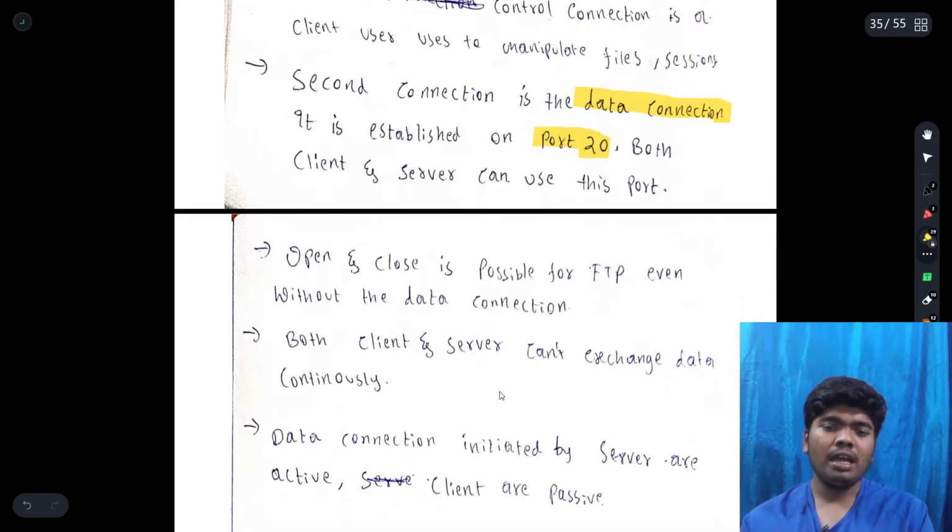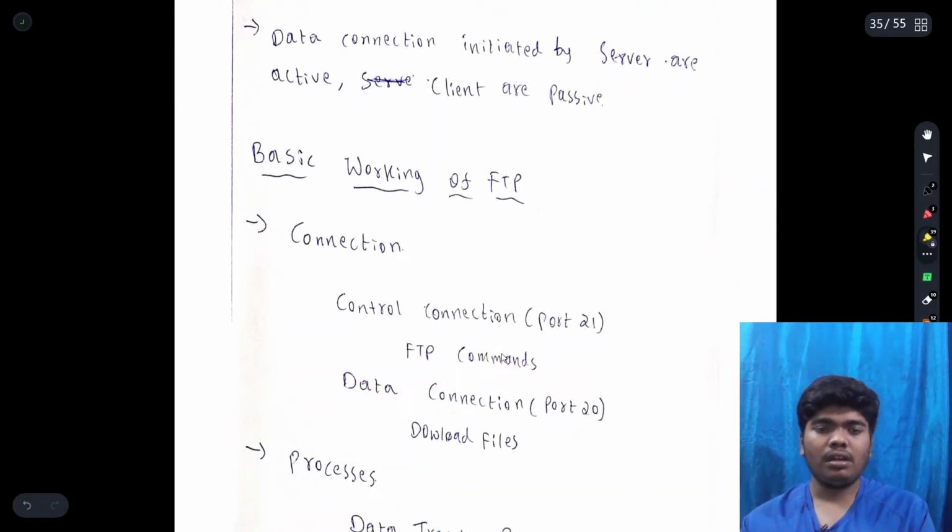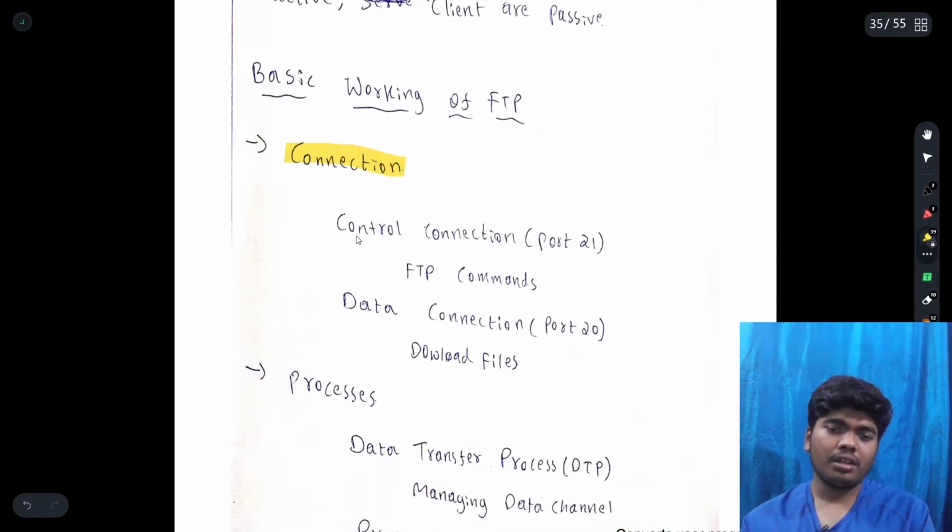So both client and server can't exchange data continuously. Data connections initiated by the server are active, and the client is passive. So that is the basic working of a file transfer protocol. First is the connection phase, and then the control connection. The control connection takes place on port number 21, and all the file transfer protocol commands